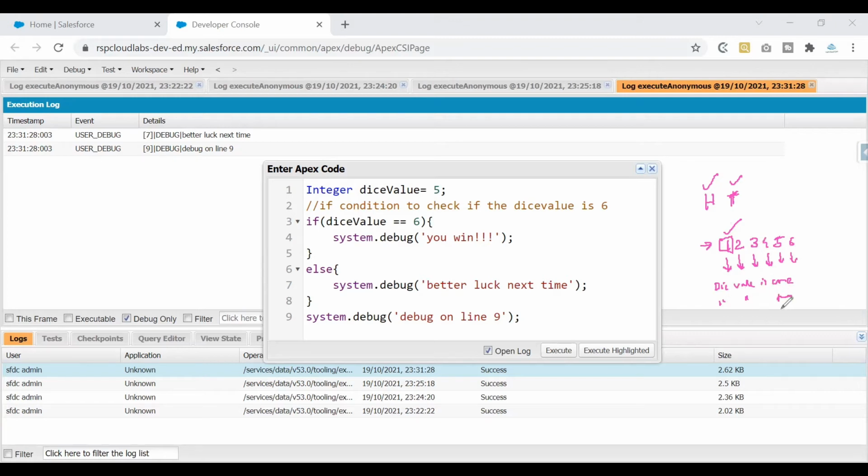If it is 3, I want to print this debug statement saying the die value is 3, and so on till 6. Now these values would depend on what my die value is. If I change this value, my code should remain as it is, but whatever the output that I'm putting here, so if I set it as 3, this debug statement which says die value is 3 should be printed. So that is the requirement.